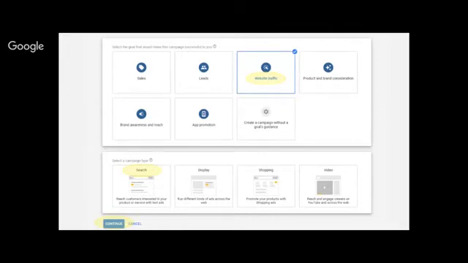So in this particular example, we're doing a branded campaign, and we talked about conversions, but we are assuming that you haven't set that up yet. So we're going to drive website traffic and we're going to use search. We won't be delving into display, shopping or video today. That will be for the intermediate and advanced webinars, but we're giving you a good idea on how to put your first campaign together. The highest value that you can get from your time with us is to create a branded